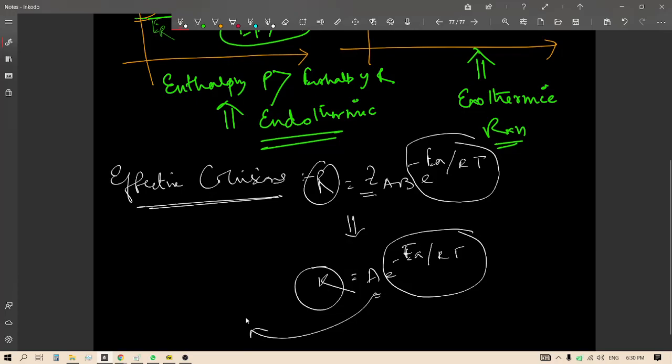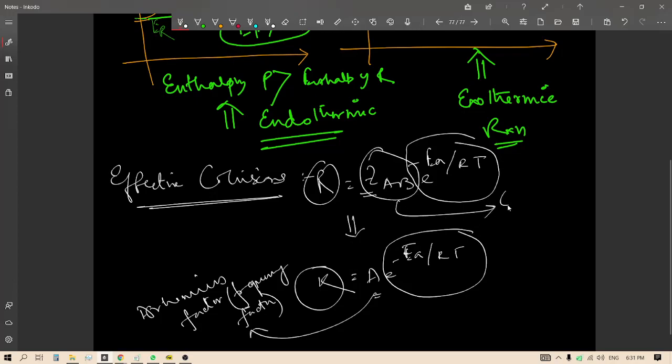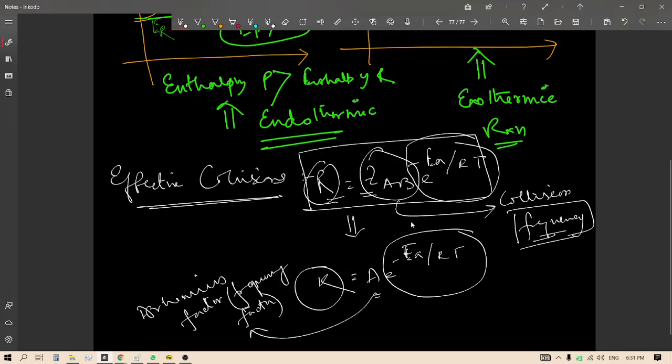Now what is A? A here is called the Arrhenius factor. It is also called the frequency factor. So A represents the frequency of effective collisions, how many effective collisions happen in one second. And Z_AB indicates the collision frequency. So the dimensions of the two are not the same, but their properties are the same. This is when I represent the Arrhenius reaction in terms of rate, and this is when I represent it in terms of rate constant.